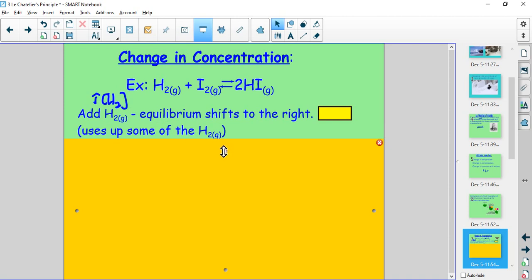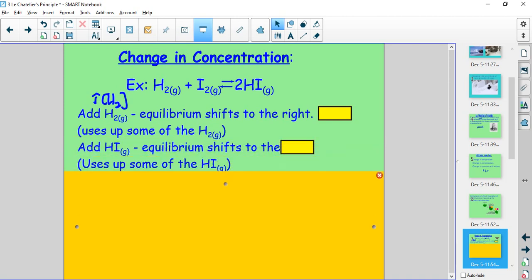I'm going to explain it, or maybe explain it less, or give you some more time to think about it for the next couple of examples. So here's one more, the second one. All right, so now if you add hydrogen iodide,